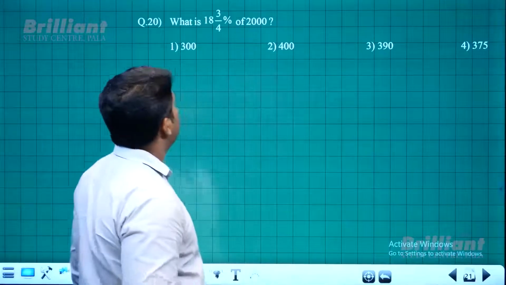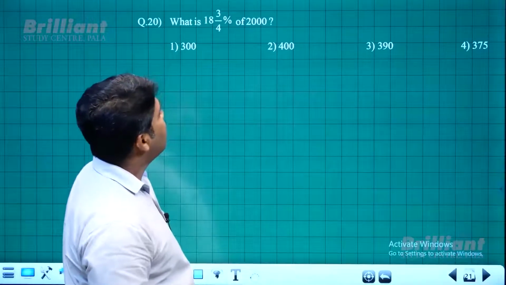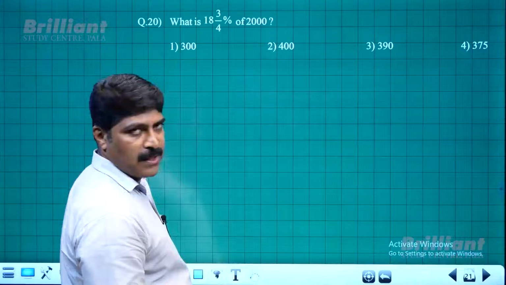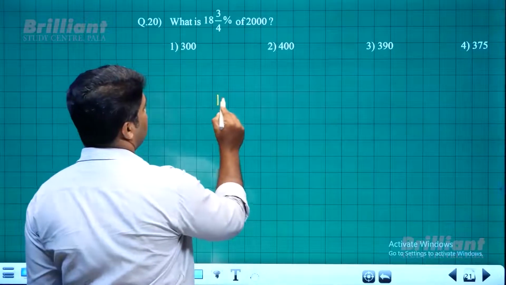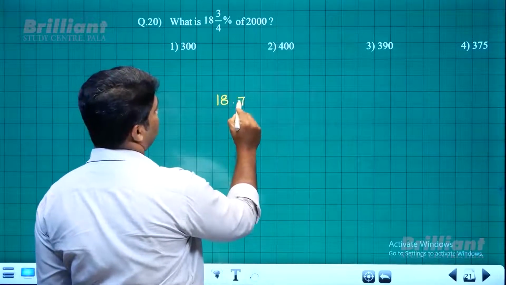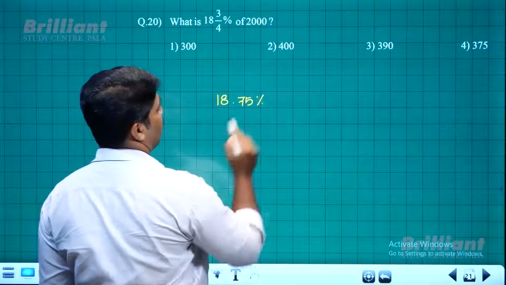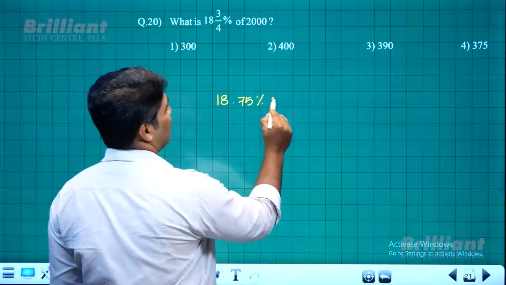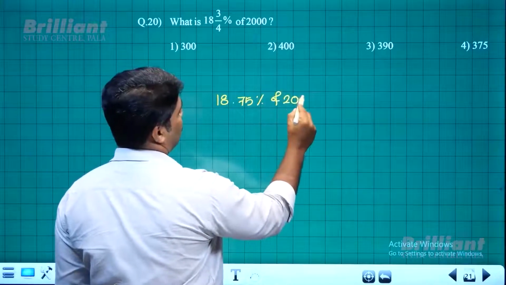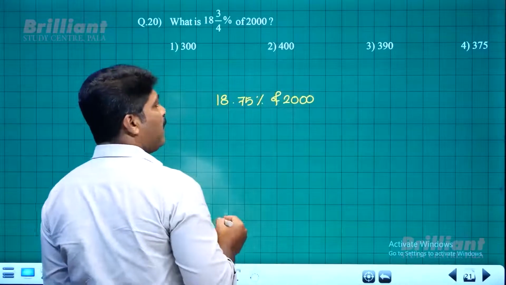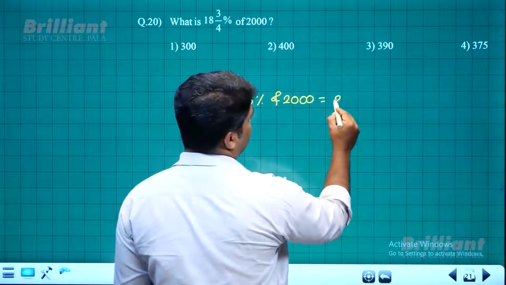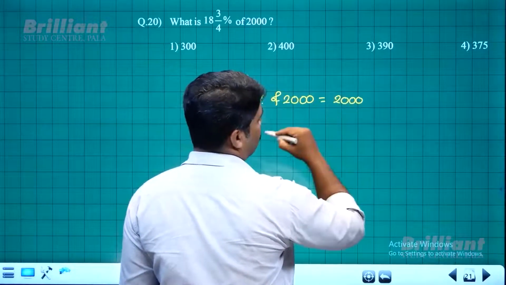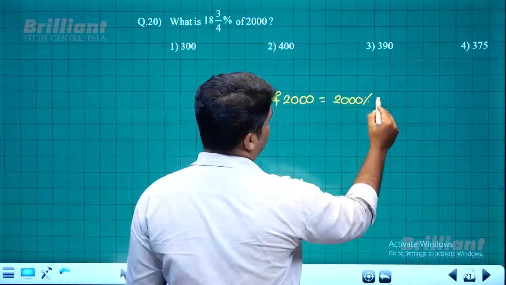The next question: what is 18 and 3 by 4% of 2000? So this 18 and 3 by 4%, I am writing it as 0.75, 3 by 4. We know its decimal value, 0.75% of 2000. So how can we convert? We can write it in the reverse order. So this is 2000% of